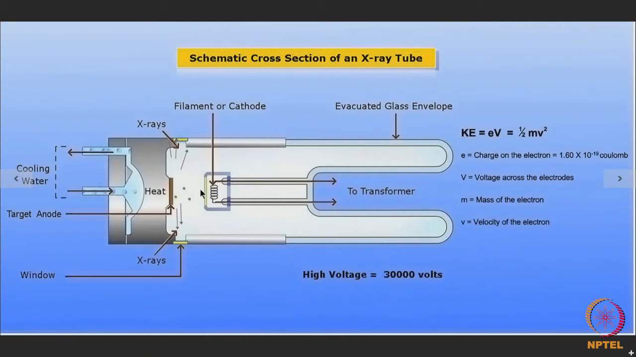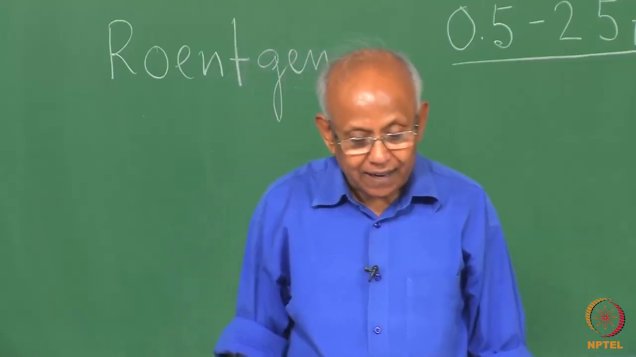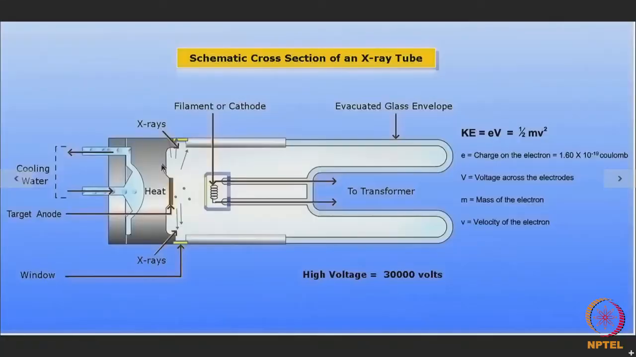The negatively charged electrons will be drawn towards this anode or the target, and due to the impact of these electrons, some X radiation is produced, which is invisible to the naked eye. And in the tube, which is a highly evacuated one, you provide some windows made up of very thin low absorbing material like beryllium, and you can take the X-rays out of the tube and you can utilize that X-rays